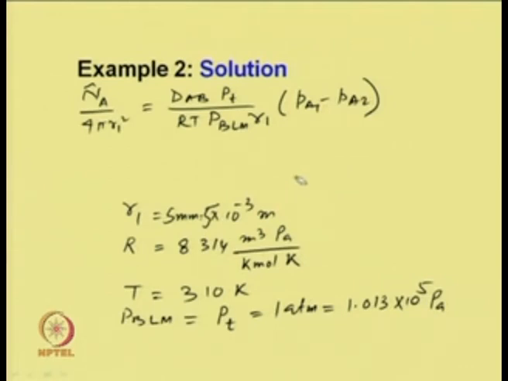So, if we substitute the values, DAB is 6 into 10 to the power minus 6 meter